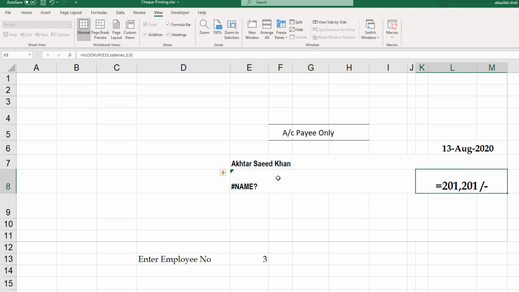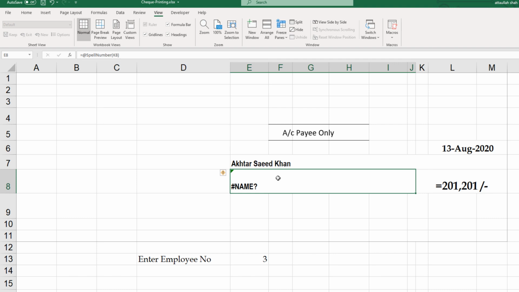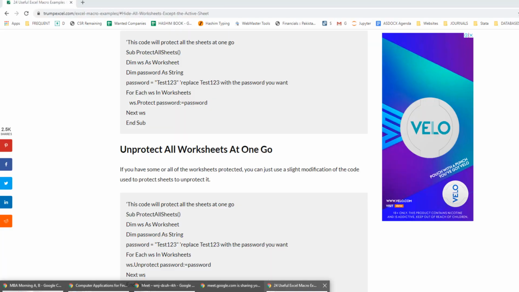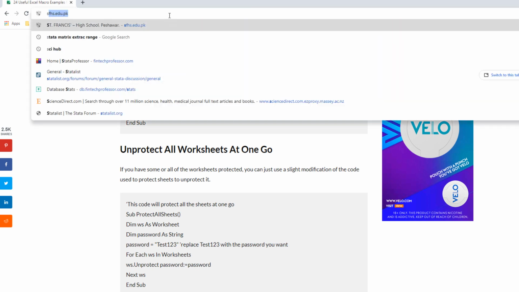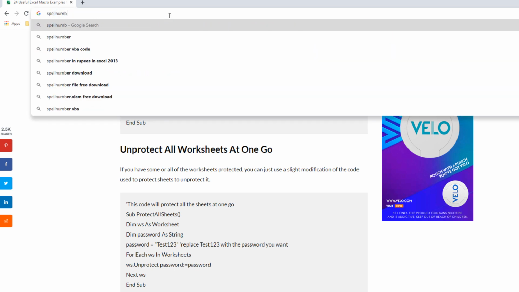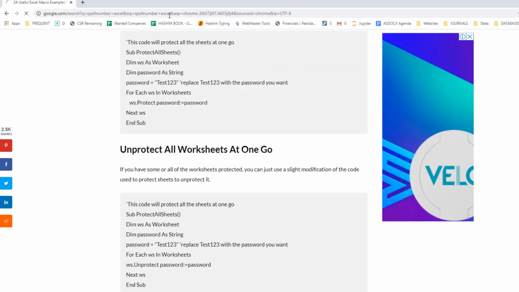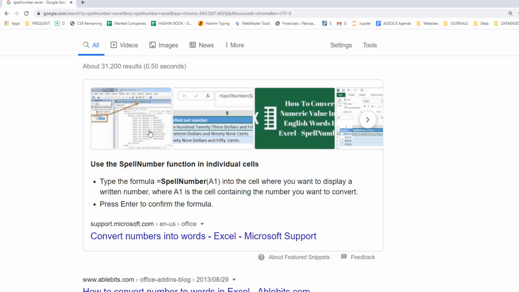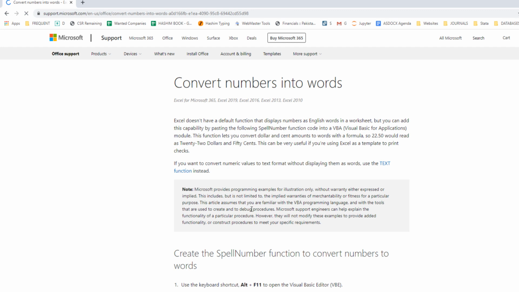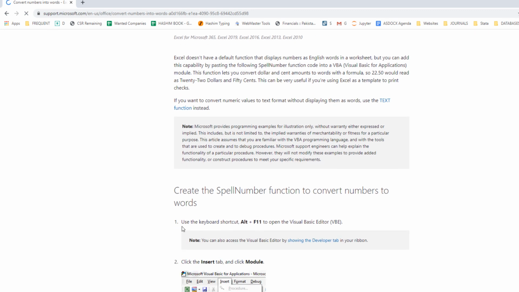One last part is how do we spell this specific number. There is no specific function for it in Excel. Actually, what we can do is search for such a function. Somebody must have written it on the internet. So let's search for spell number Excel, and the first search result contains some data.